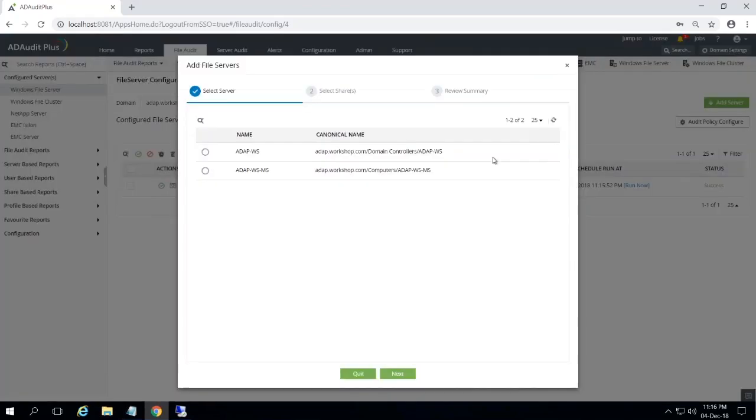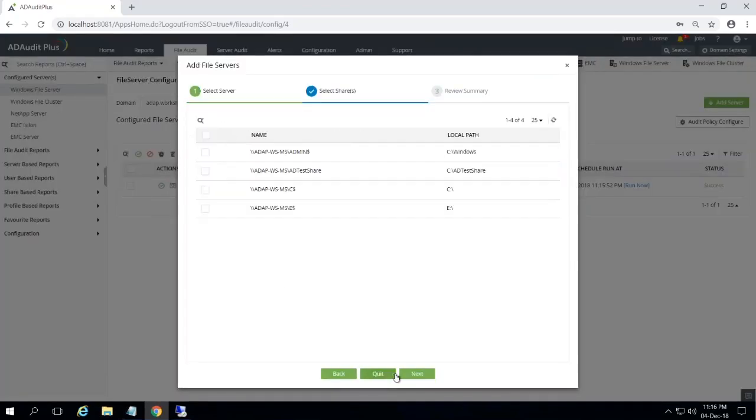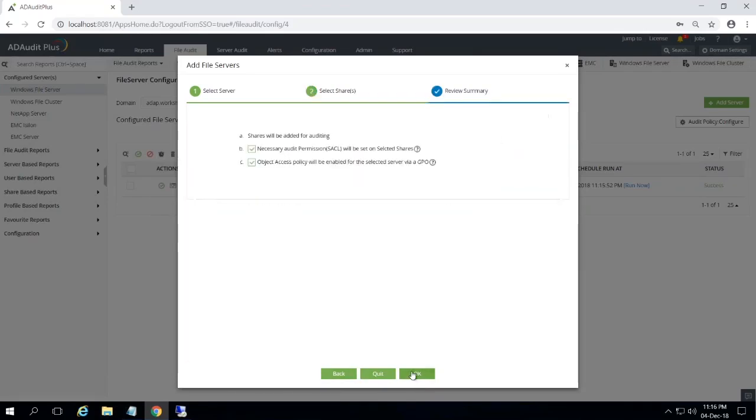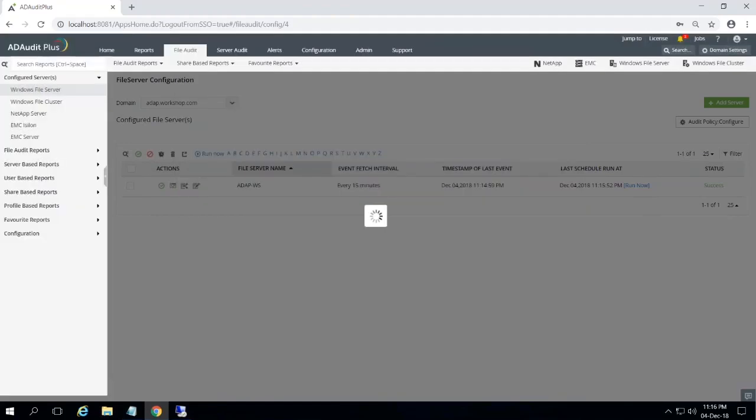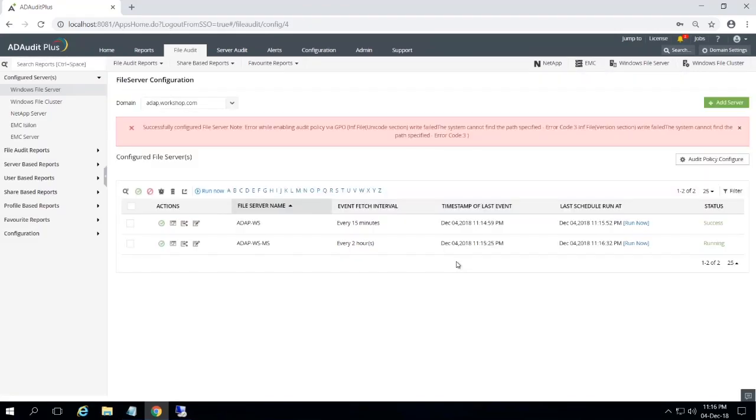So all these files are to be sent to a hacker who would in turn use all these files against your environment, right? So now what would AD Audit Plus, or what would the user behavior analytics module, show you? So if I go into my analytics,